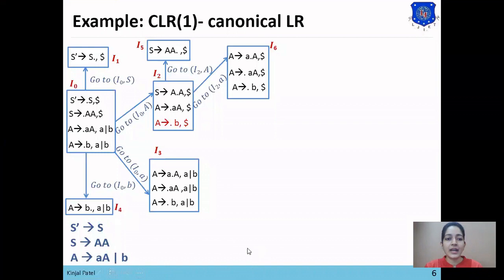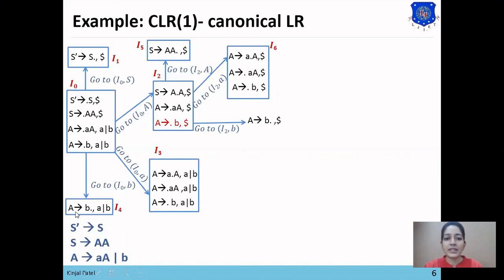Now we'll apply the goto rule on the fourth statement, on the symbol next to the dot, which is B. So we'll apply goto(I2, B). Our production will be A derives B dot comma dollar. Here, as the dot is at the end of the right hand side, this is our final set. Now we'll compare this value with the previously generated sets.